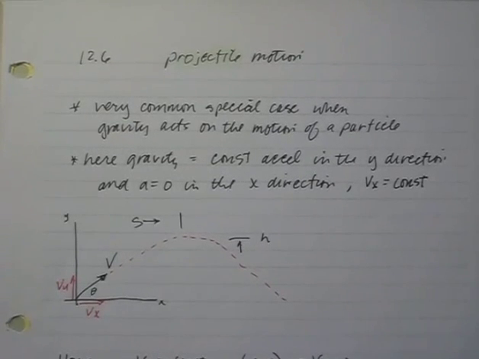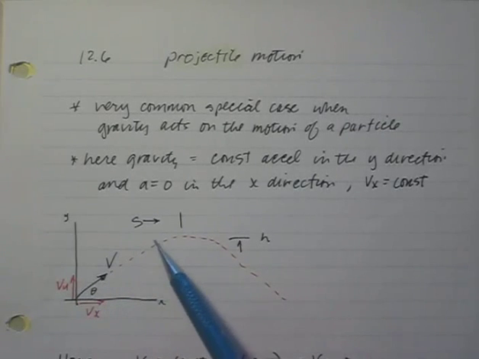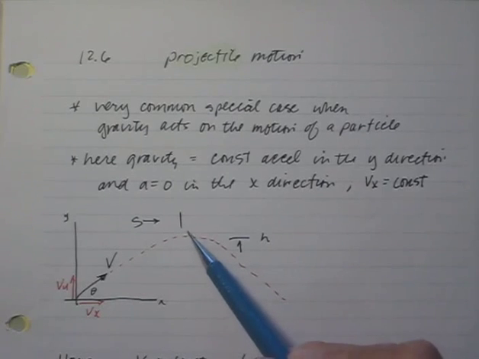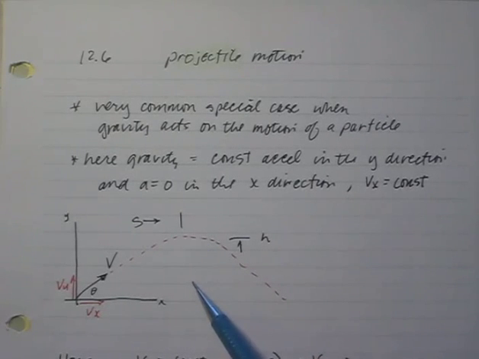All right, I'd like to talk about projectile motion now. This is a very common special case of XYZ motion. Mostly we're talking about two dimensions here, but we have gravity operating on a particle. If it's fired and it now becomes a projectile, it has a trajectory like this. Gravity acts in this direction, pulling it down, but there aren't any forces or anything slowing it down in the